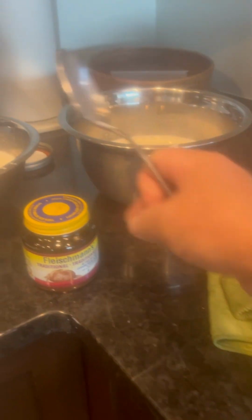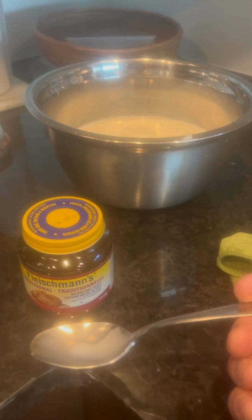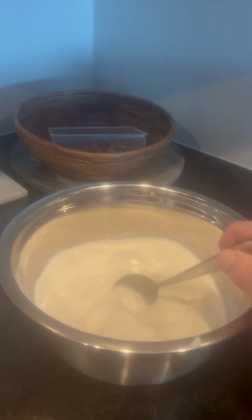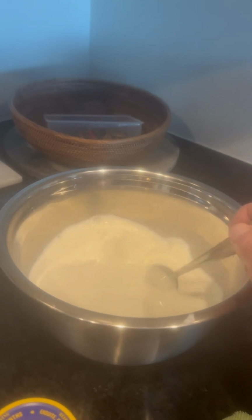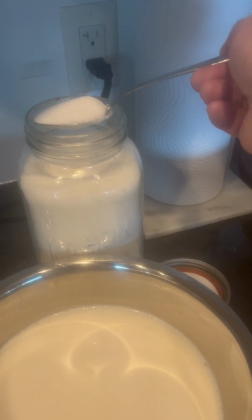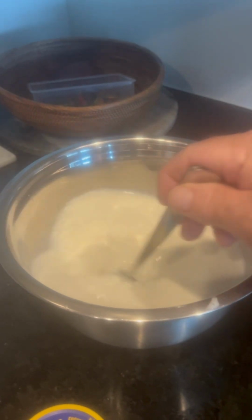So with the homemade milk and yeast solution mix, take 1 tablespoon of the dry yeast, mix with 1 liter of warm milk to activate the yeast, 1 tablespoon of white granulated sugar to activate,